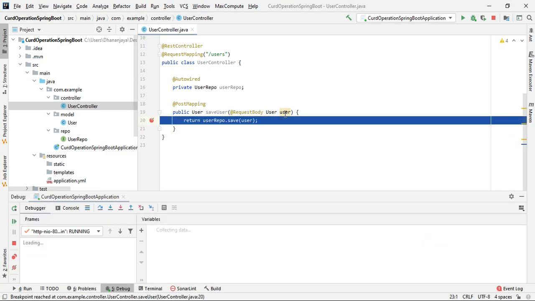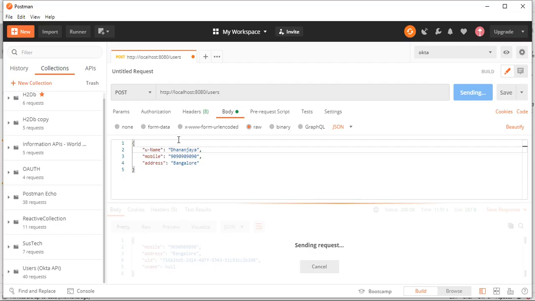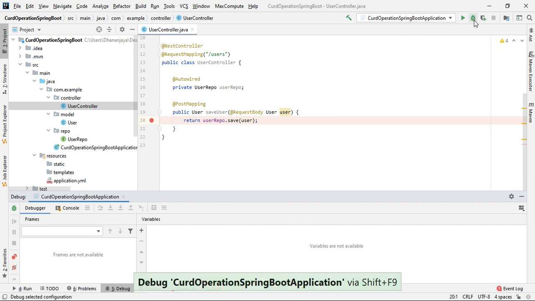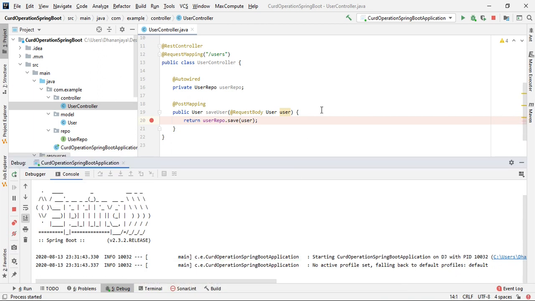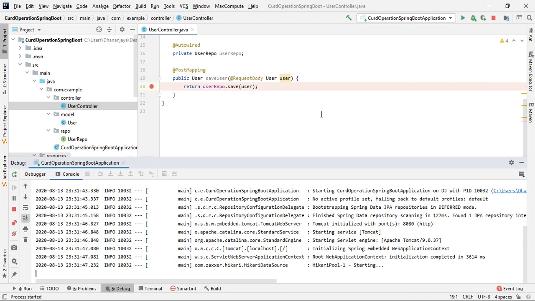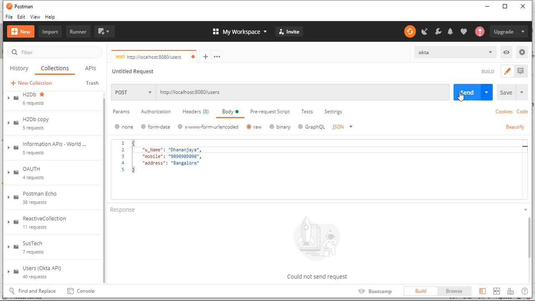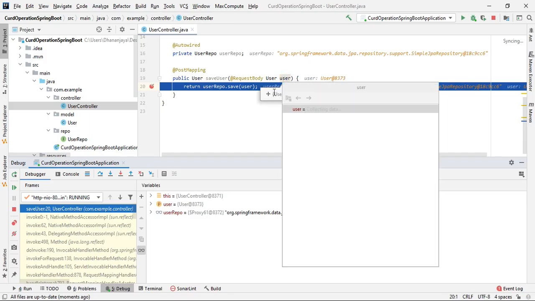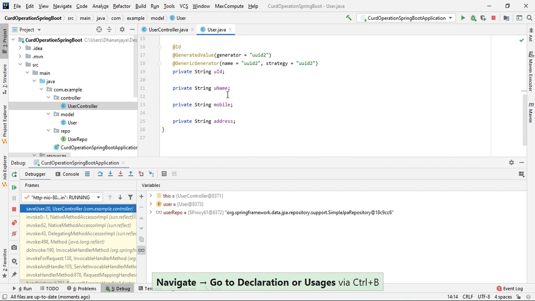Yeah, let's try with underscore first. No. Why? We are not getting uname.